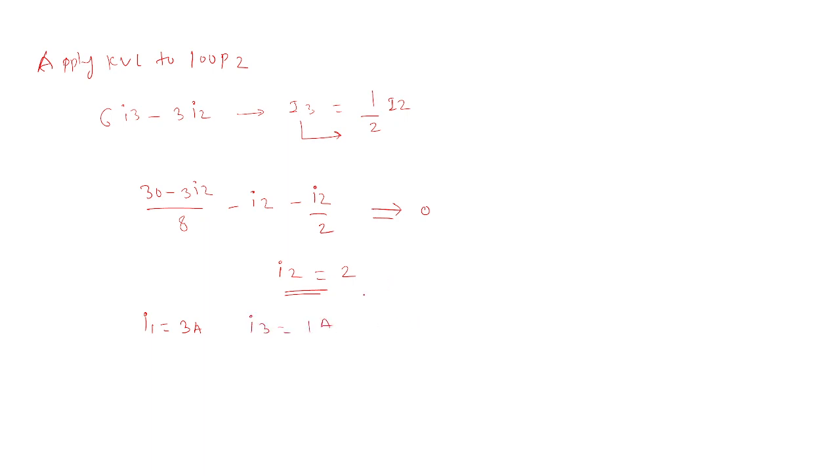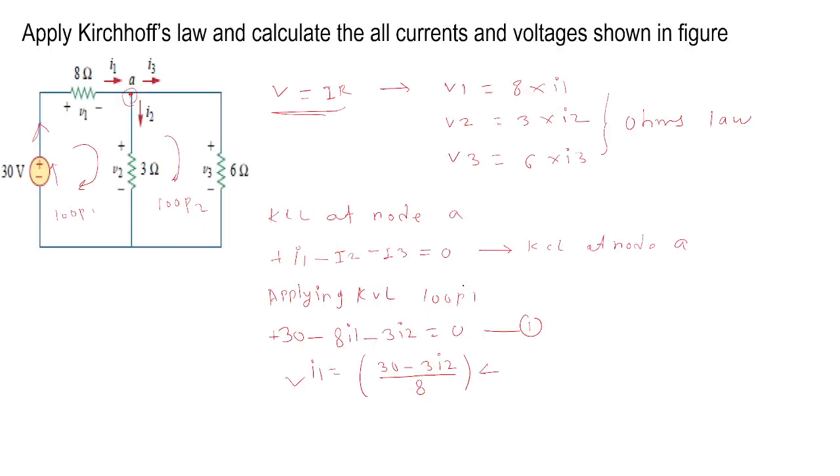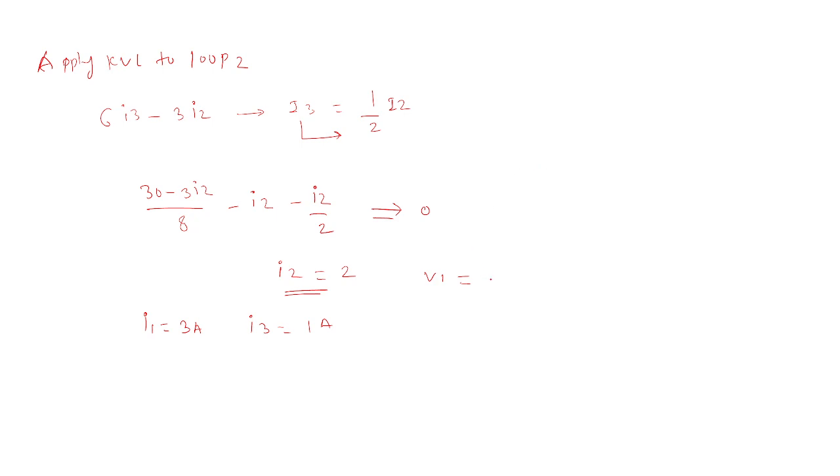So once you get i2, i1, i3, you need to find v1. We all know that v1 is equal to 8 into i1, v2 is equal to 3 into i2, and v3 is equal to 6 into i3. From this, we are going to find v1. v1 is equal to, what is the value of i1? 3 amperes. So 3 multiplied by 8, v1 is equal to 24 volts, and v2 is equal to